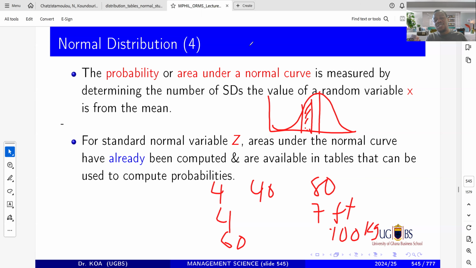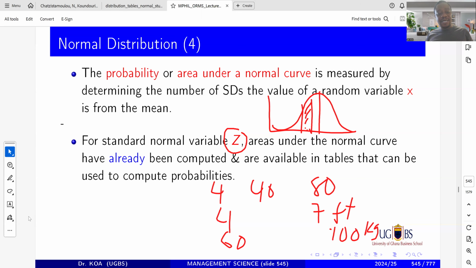What the normal distribution Gauss did is to standardize with a new number so that they become comparable. This has been properly known as the Z table. So we use a certain Z that will help you to convert any normal random variable to this Z value. It doesn't matter what the random variable is. It can be in dollars, kilograms, volumes, gallons, cubic meters, square meters, anything. You can still bring it into this standardized number. Is that not cool?